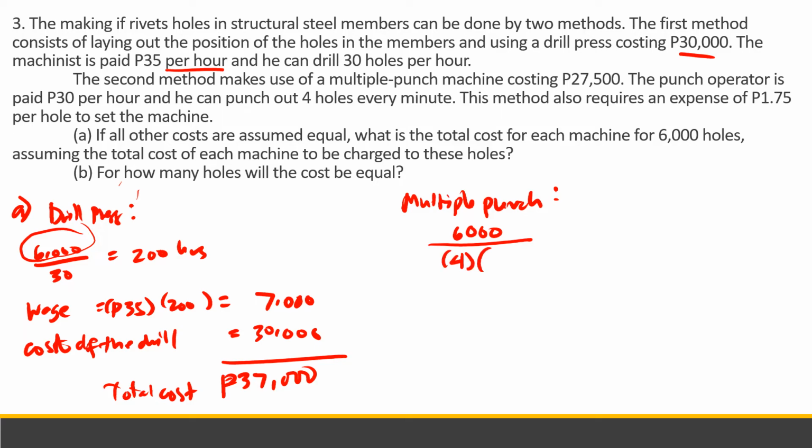So 1 hour is 60 minutes. So within 25 hours, matatapos ng multiple punch yung 6,000 holes. So grabe yung bilis ng multiple punch. Now, for the wage,